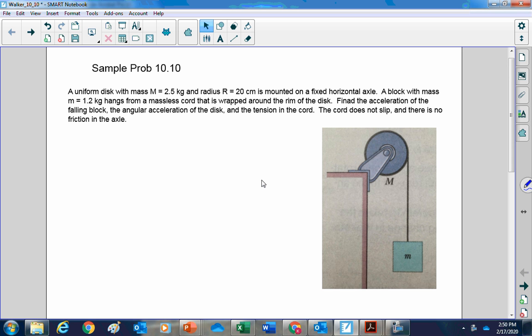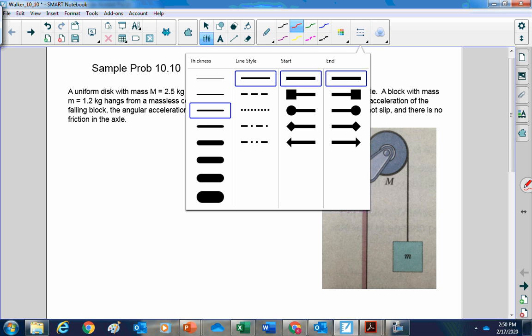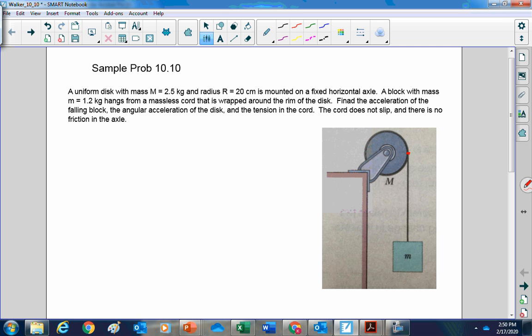I'll start off by pointing out that it's got torque from the string that is going to make it start to rotate, and it will have some rotational acceleration, and that's caused by the force of the tension on it, which is always going to act